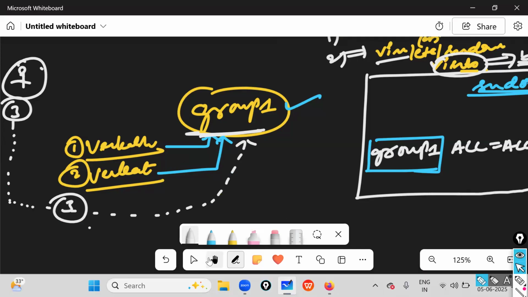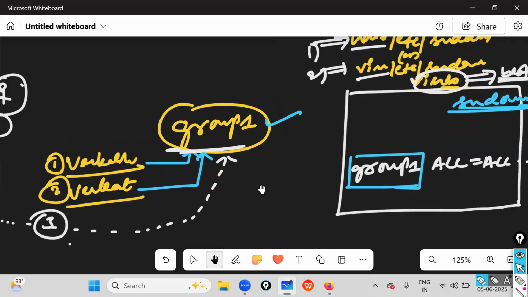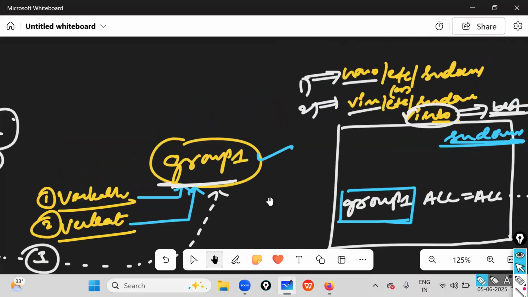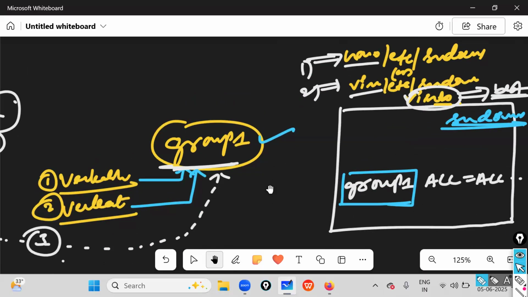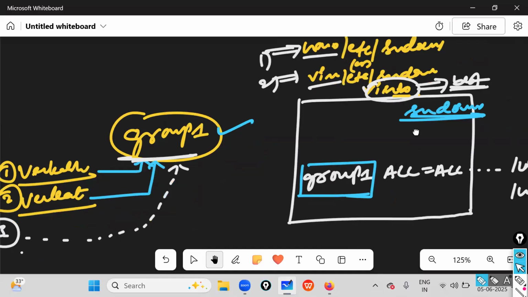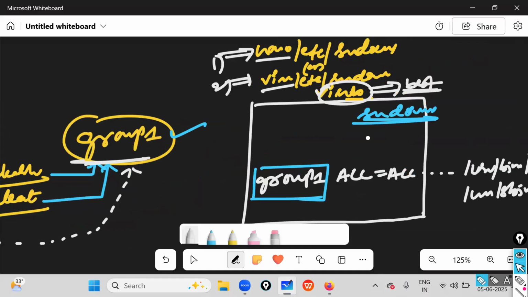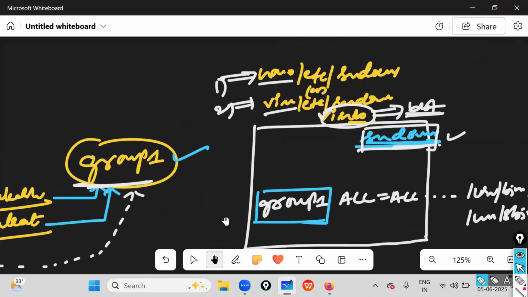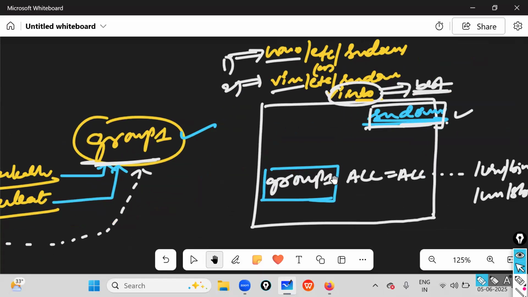So user level access is different, group level access is different. Sir, how to create a group? Simple. How to add members into this group? Very, very simple. How to provide access to this group? The sudoers file. Open sudoers and provide access to the group. Before that, we were using user level permissions, but now group level access or group level permissions.